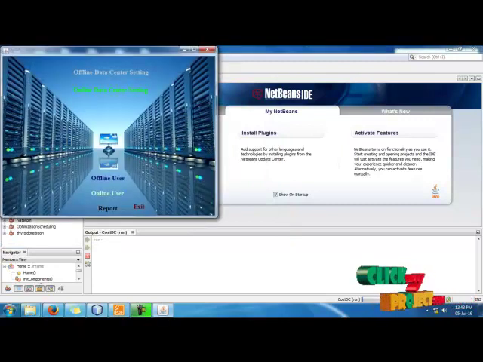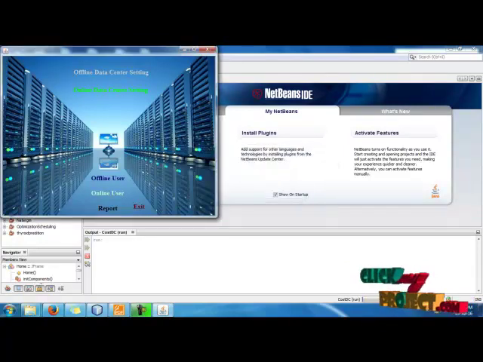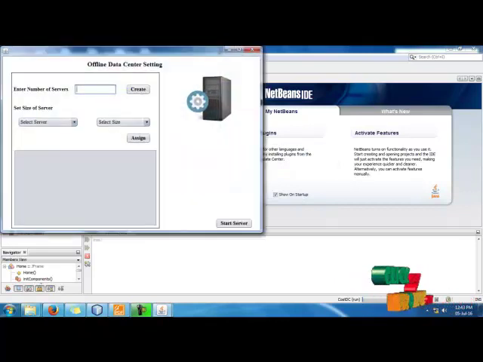We can see the options here: offline data center settings, online data center settings, offline user and online user. Before setting the offline data center, we can go into the user settings.